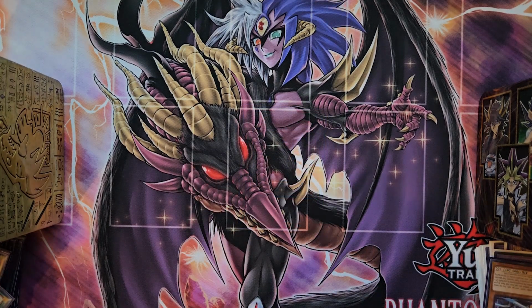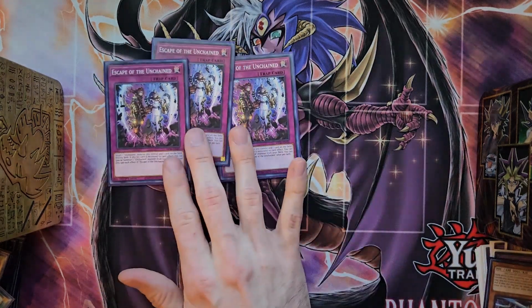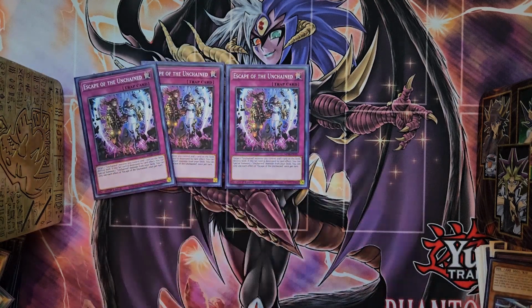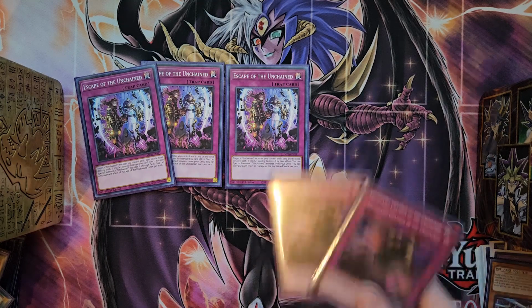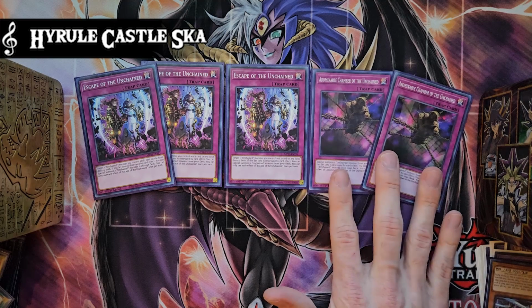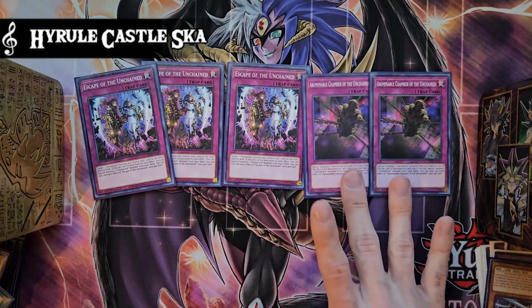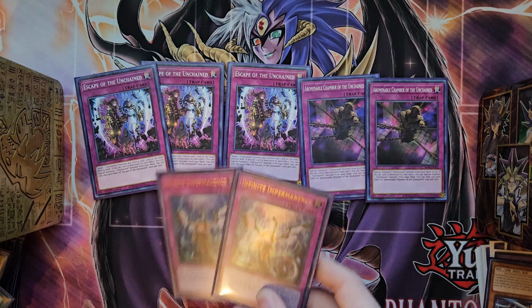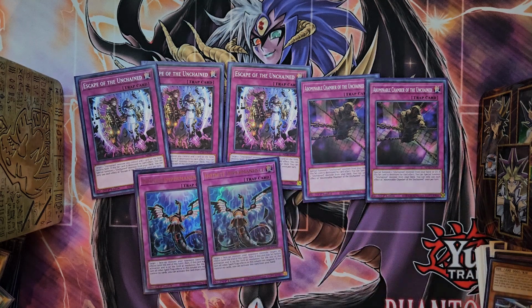For the trap cards, we are going to be running 3 copies of Escape of the Unchained. This card is going to be really helpful using your Unchained plays to extend into your opponent's turn, so you can pop a couple cards for a quick effect. We also like to use 2 copies of Chamber of the Unchained. This one's going to be able to special summon out your monsters, also very helpful. For more traps, I like to use 2 copies of Infinite Impermanence, one of the best hand traps in the game,